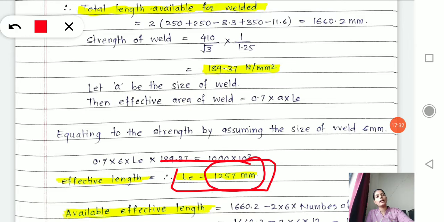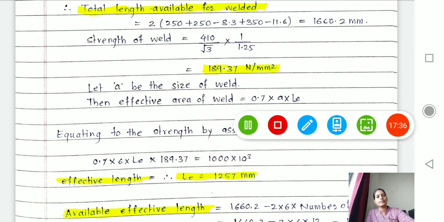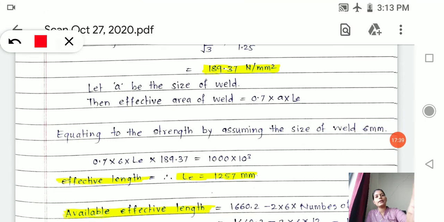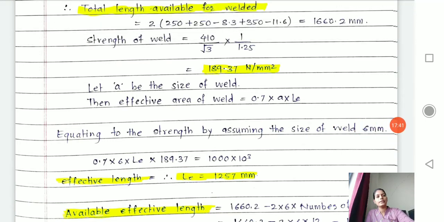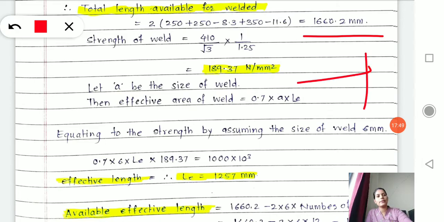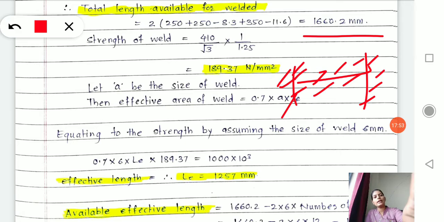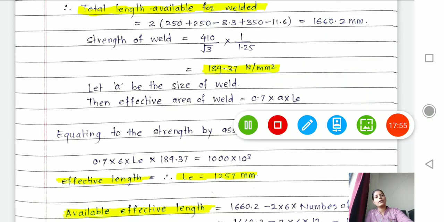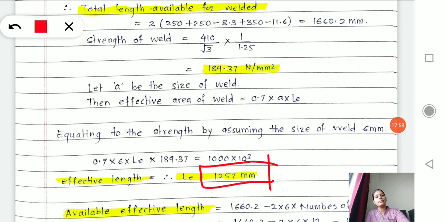But do we have that much length available? Yes. The length available to weld is this much. That is the available length on the periphery, the length available on the peripheral side of your I section, right? And therefore, our effective length can be welded on that peripheral side.